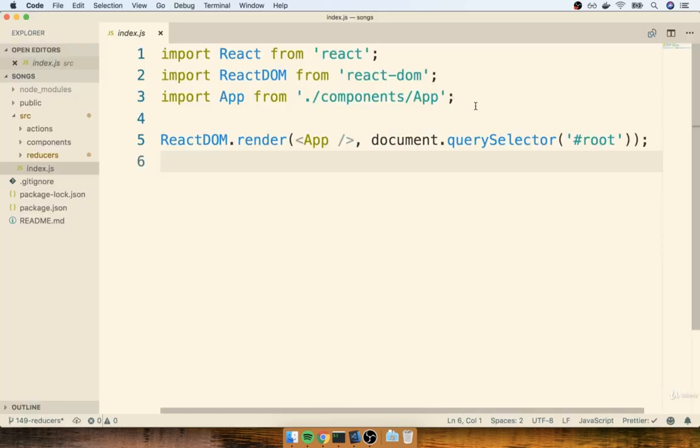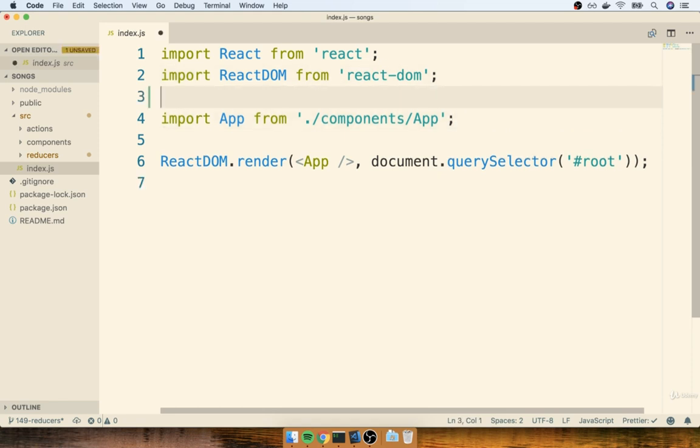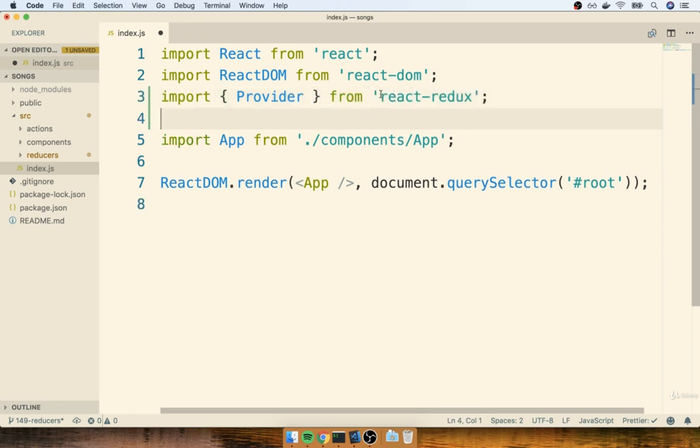So back inside of here, I'm going to import a couple of different files. First off, I'm going to import a Provider component from React Redux like so. So this right here, yep, that's the Provider we've been talking about. This is technically a component right here. It is a component that is made by the React Redux library. Notice how this is also a named export, and that I named it with a capital P because it is a component, and by convention, we label component variable names as capitals.